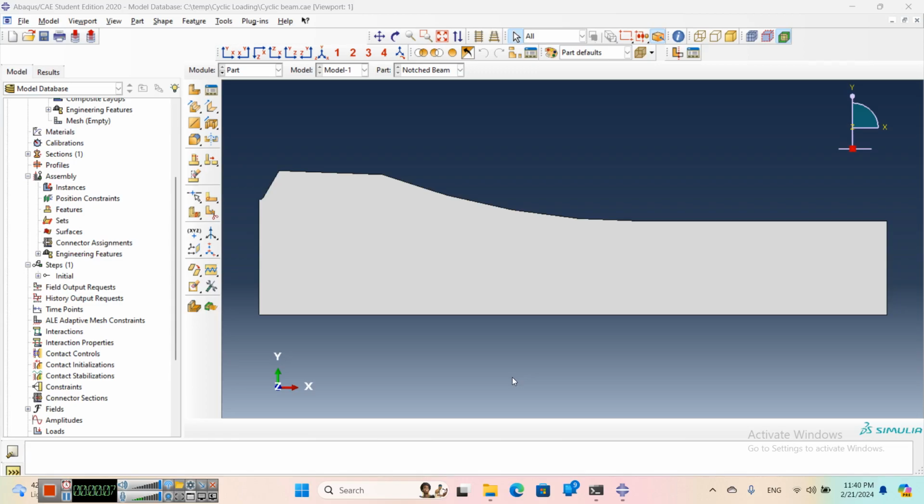I'm coming back with a new project which is related to cyclic hardening and cyclic loading. This example is a CAE tutorial, and I'm going to explain about a notched beam with cyclic hardening and cyclic loading. In this example, I'm trying to explain about